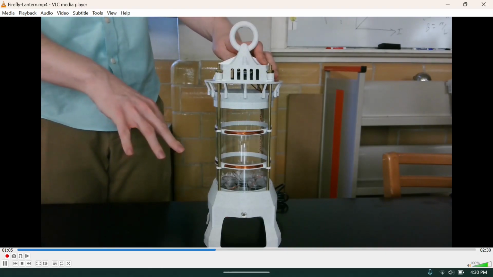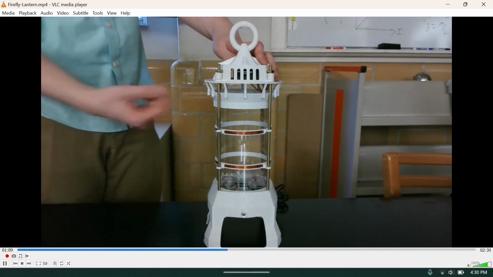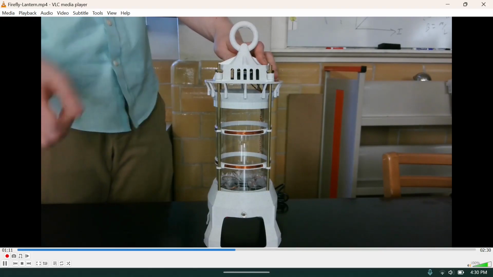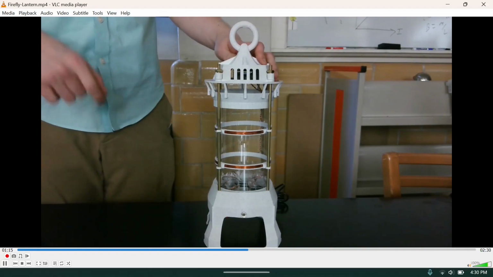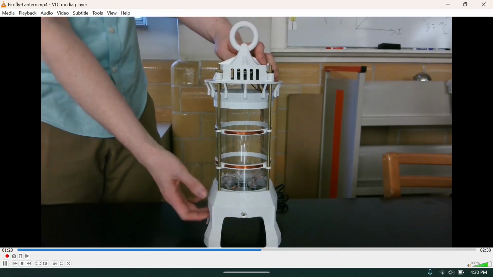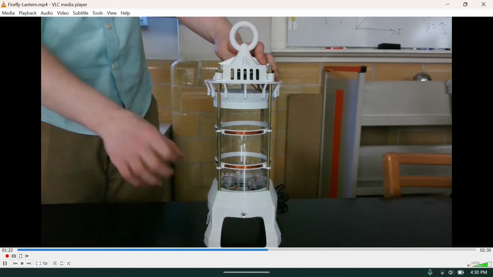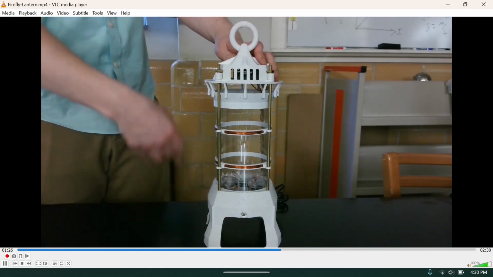The reason they end up looking a little bit like fireflies when I turn it on is that how much flux is going through them is changing all the time. And so the rate of change of flux is also changing all the time. Not only because of this alternating current, but a little fan is going to blow these around in here. And so the area of each coil actually exposed to or aligned with the magnetic field is going to change